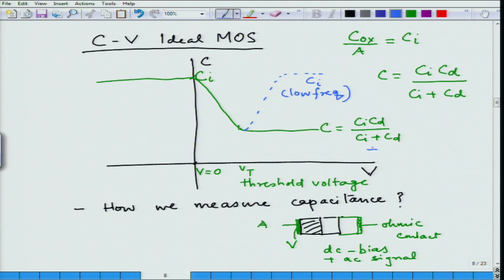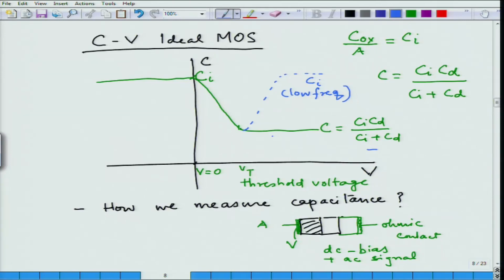So, this is the behavior for capacitance for an ideal MOS. Now, as you can start seeing the use of this particular device, earlier when we had a dielectric capacitor, you had only one state. Basically, if you apply a voltage, you get a certain capacitance given by the material properties. But here we have a device, because I can now change the capacitance of this device depending on what voltage